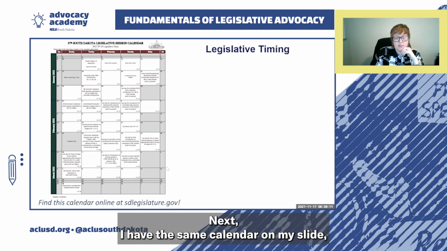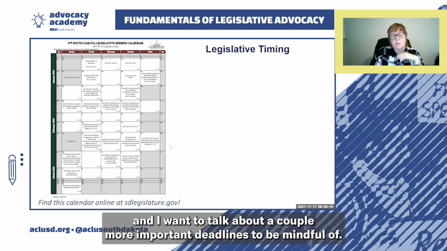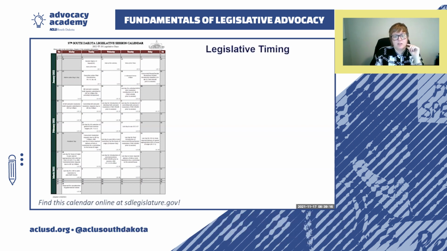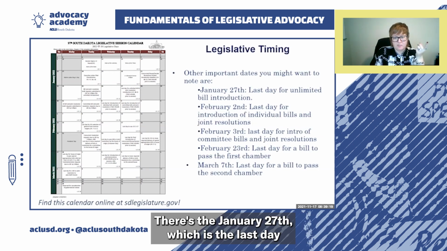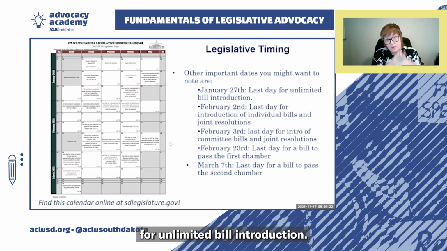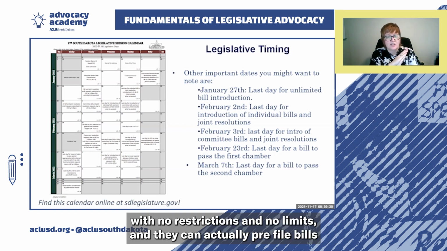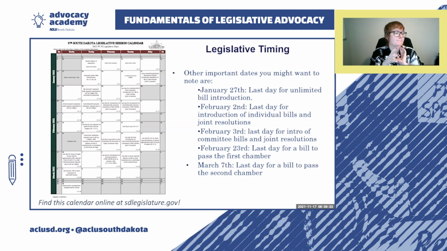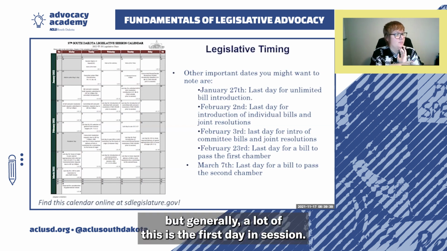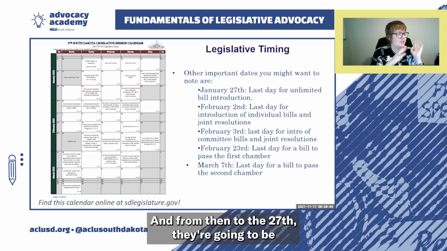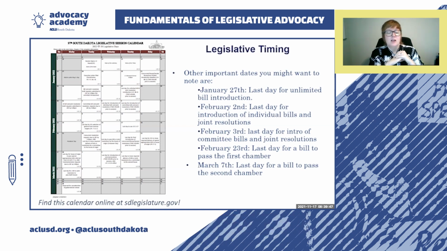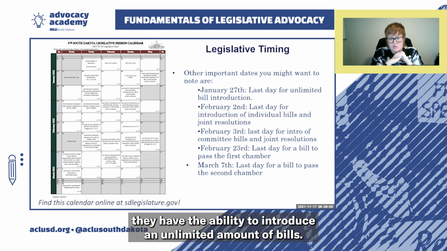Next, I have the same calendar on this slide, and I want to talk about a couple more important deadlines to be mindful of. There's the January 27th, which is the last day for unlimited bill introduction. So up to this date, individual legislators can file as many bills as they want with no restrictions and no limits. And they can actually pre-file bills before the January 11th start date. But January 11th is the first day in session. And from then to the 27th, they have the ability to introduce an unlimited amount of